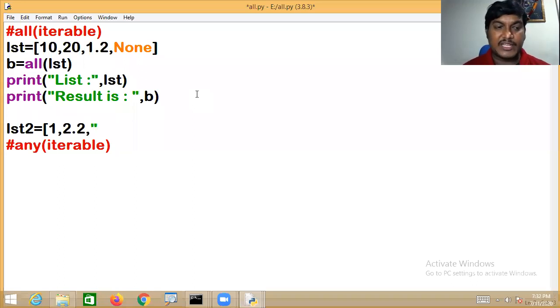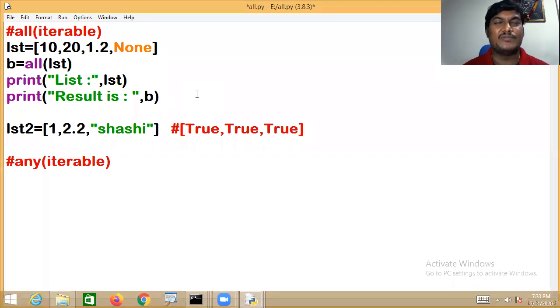Then I give something like Shashi. Shashi is a non-empty string; an empty string again leads to false. Now you please tell me, the first one is true equivalent, the second one is true equivalent, the third one is true equivalent, so the all method will return true.